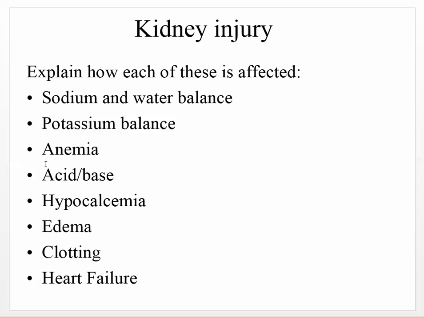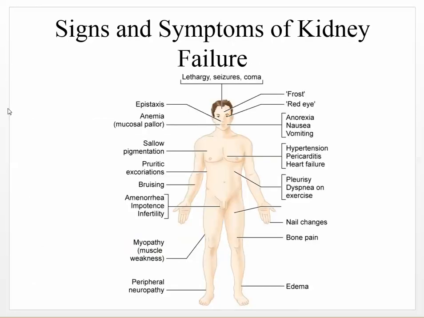Okay, so we just went through how kidney injury affects these things: sodium, water balance, potassium, anemia, acid-base, calcium. Clotting is also affected. There's an anti-clotting factor that can be lost in the kidneys. Also, stasis of blood flow tends to happen, so you have increased clotting. That's another thing to remember. That increased clotting can take place, not necessarily the mechanism, because I really didn't explain it. And these are your signs and symptoms. So that's it for